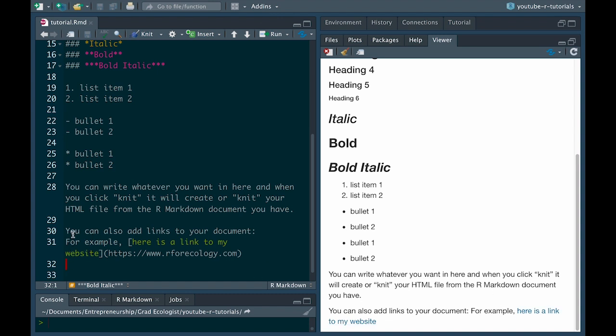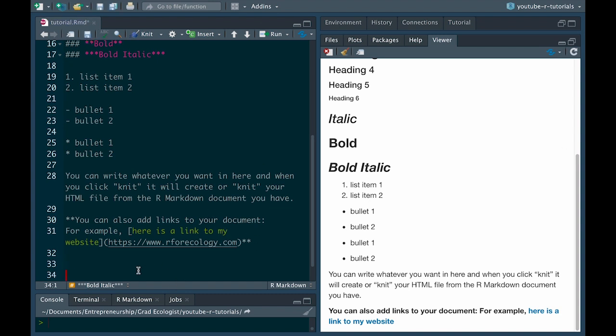Now let's say we wanted to make this whole thing bold. All we have to do is put those 2 asterisks before and after, and this is not going to work. No, look at that. It worked. I thought it was going to turn purple, pink like that, but it didn't. Either way, it worked. So you can also add all sorts of HTML code, however you like, to this document as well, but I'm going to leave that out of this conversation because I want to keep this as simple as possible for you. But just mentioning that that's an option.